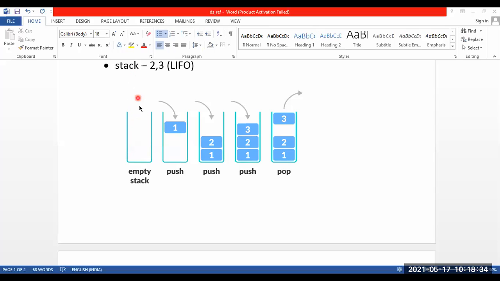Stack is what? Top is open. This portion is called the top portion. And only from this end we can insert the elements or delete the elements. Now visualize what I'm going to tell. You have a bucket and you have 5 elements with you. You have a water bottle, you have a ball, you have a mobile phone, you have a mobile charger. And the last thing is you have a mug.